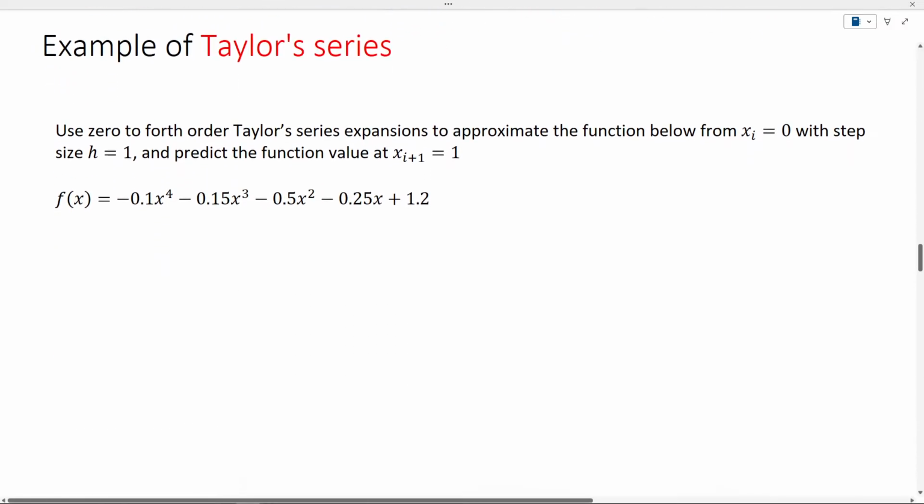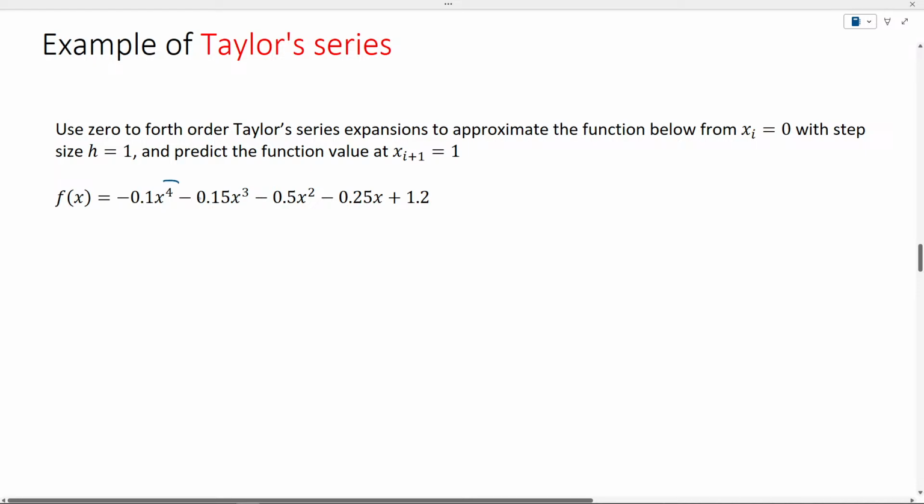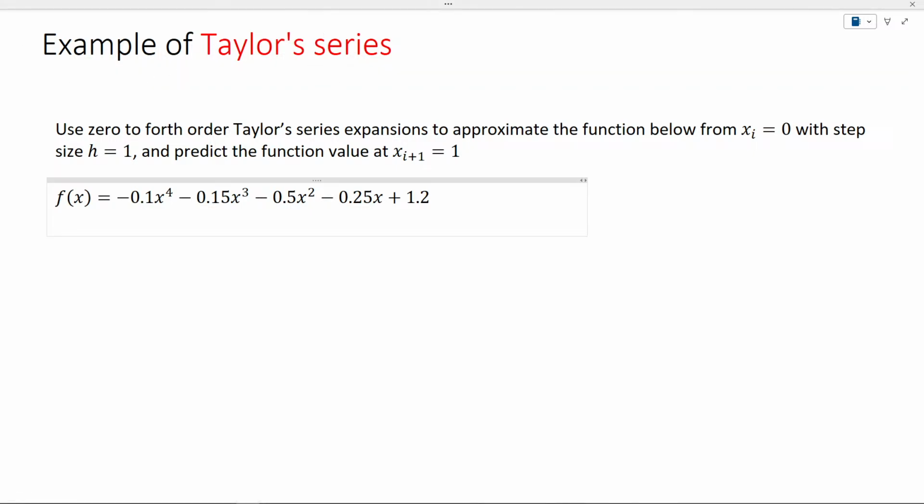So here this is telling you, now see, this is to the power 4, and I will show you this now. I'm telling you, use zero to fourth order Taylor series expansion to approximate the function from x0 with a step size h of 1 and predict the function value at xi plus 1, where this is equal to 1. Okay, so basically what we are giving here